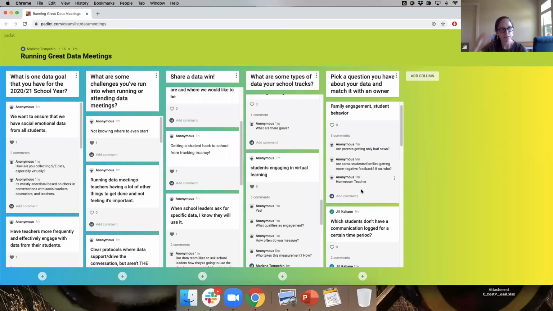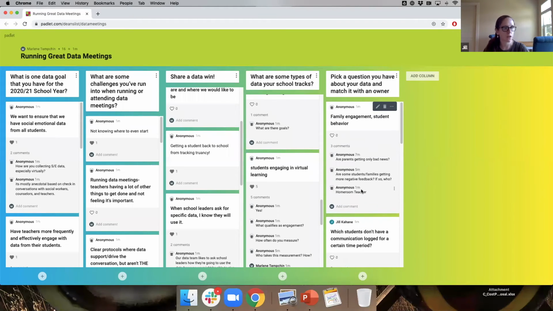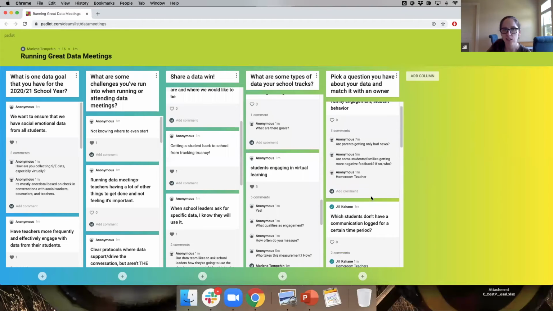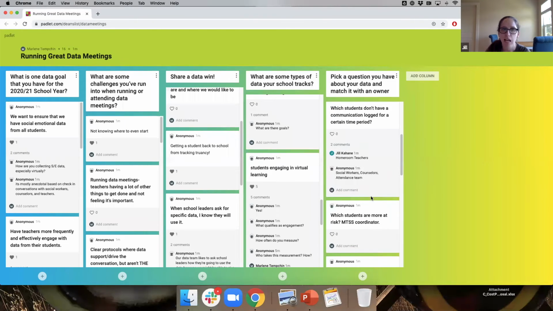Great. So we're seeing a lot of different people in the school sort of responsible for different buckets of data. So I'm seeing the Dean of Culture for PBIS, seeing teachers, grade level teams, instructional coaches. The more people we can get invested in these processes, the more questions can be answered and the more action planning can be done.